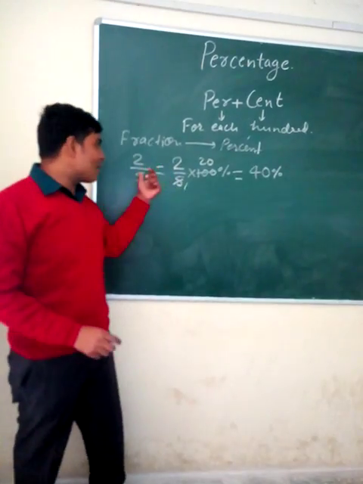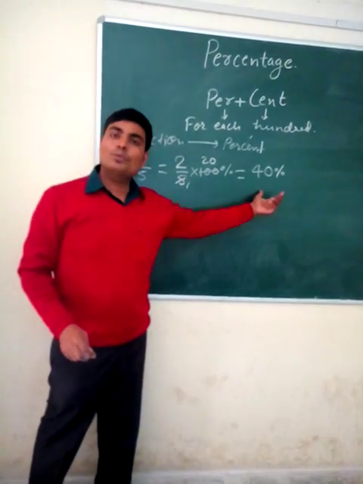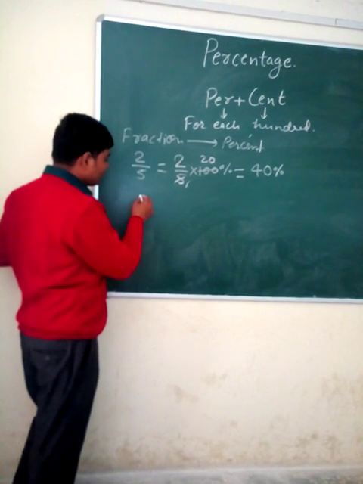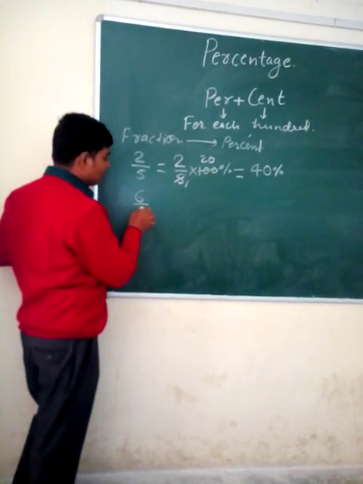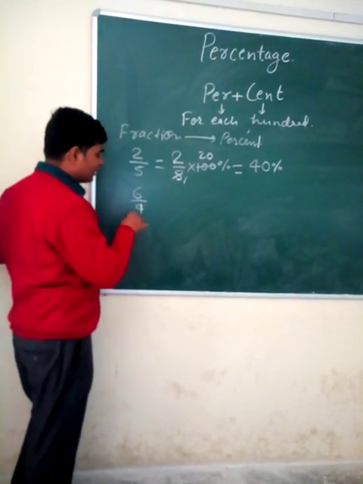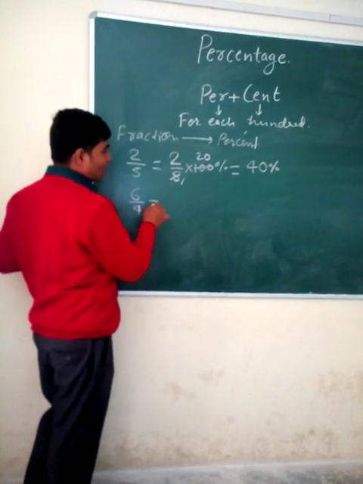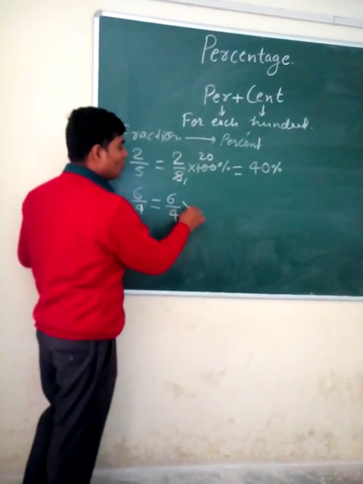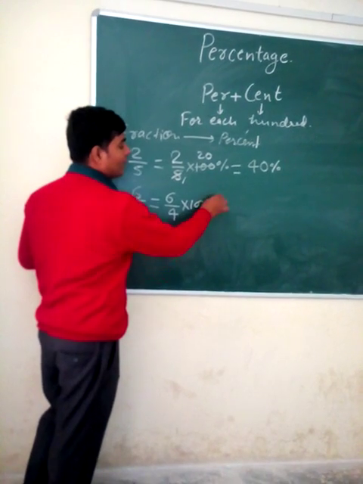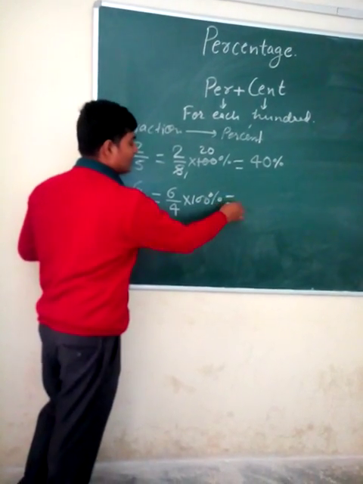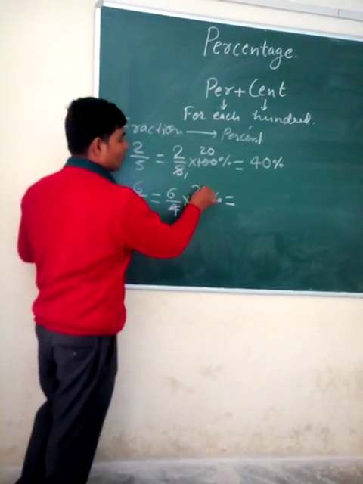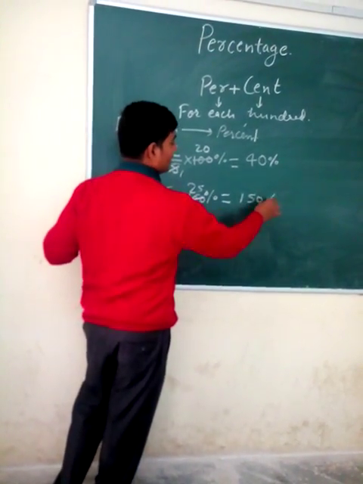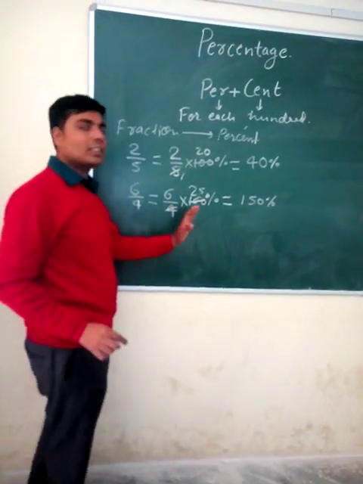So this 2 by 5 is now converted into 40%. You can take another example. 6 by 4 is a fraction, you have to change it into percent, so you just multiply by 100 and put the symbol of percent. Now this is 25, 25 6s are 150%. So this is the conversion of